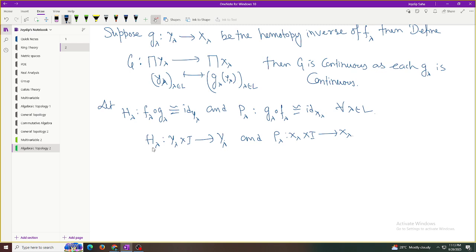Define H: product of Y_lambda, lambda belongs to L, cross I to product of Y_lambda, (y_lambda, t) goes to